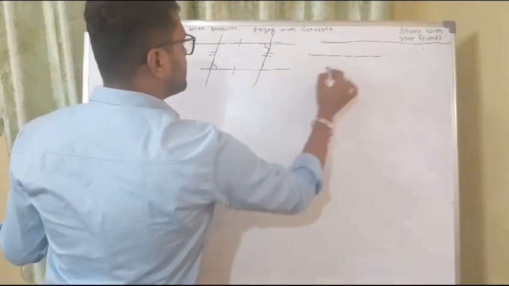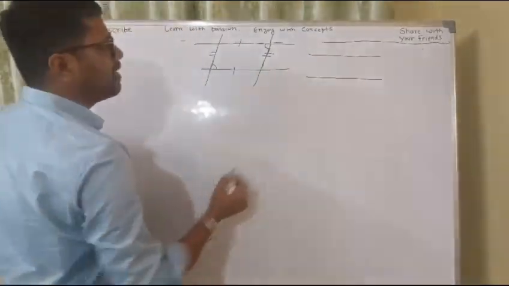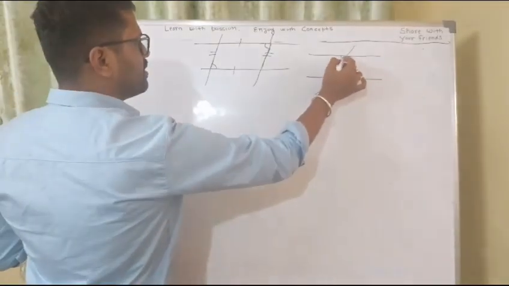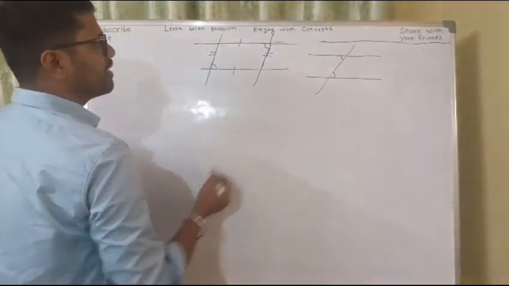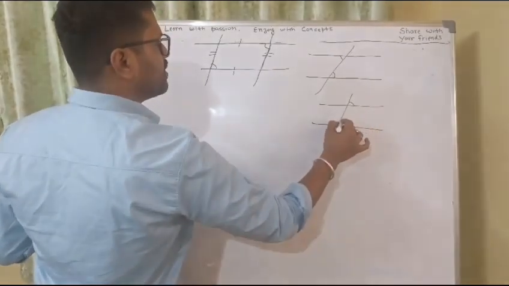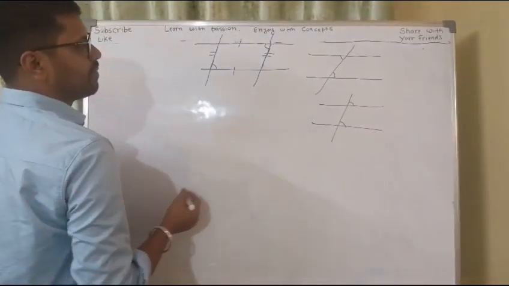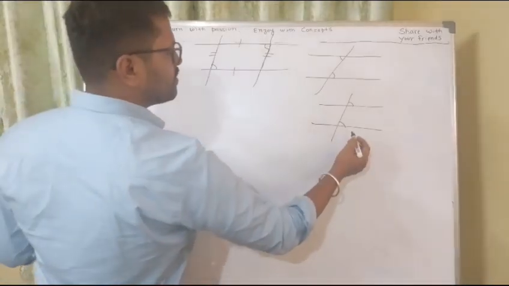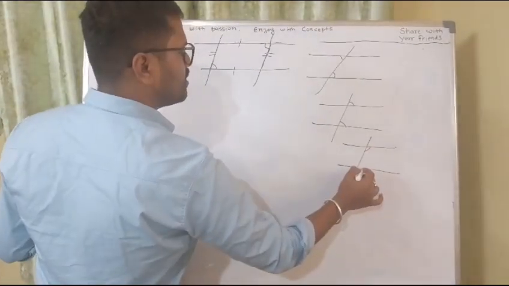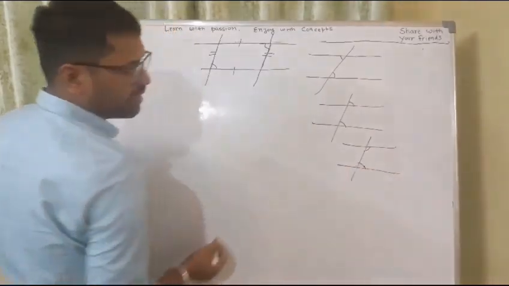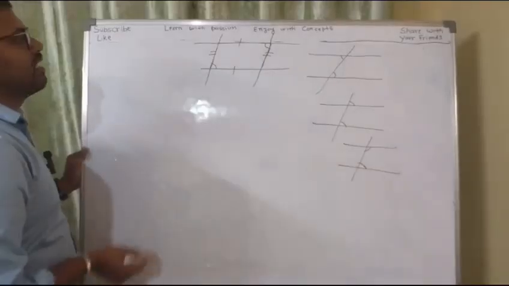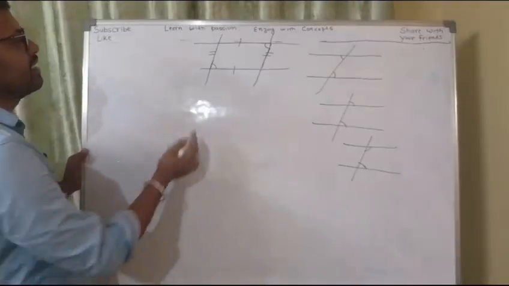We know in lines and angles that if these two are parallel lines and this is a transversal, then this and this will be equal, alternate interior angles. Similarly, this and this are equal by corresponding angles, and we can also say that this angle and this angle add up to 180 degrees, being on the same side of the transversal. Using this lines and angles concept, we can say that